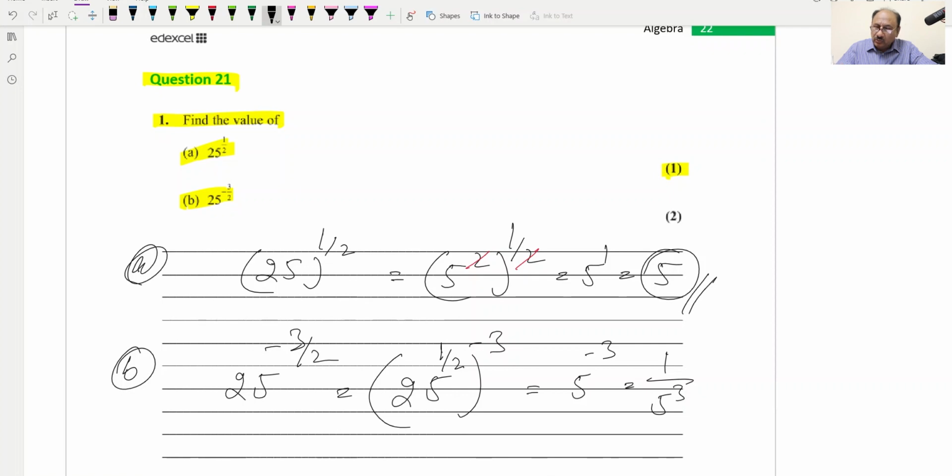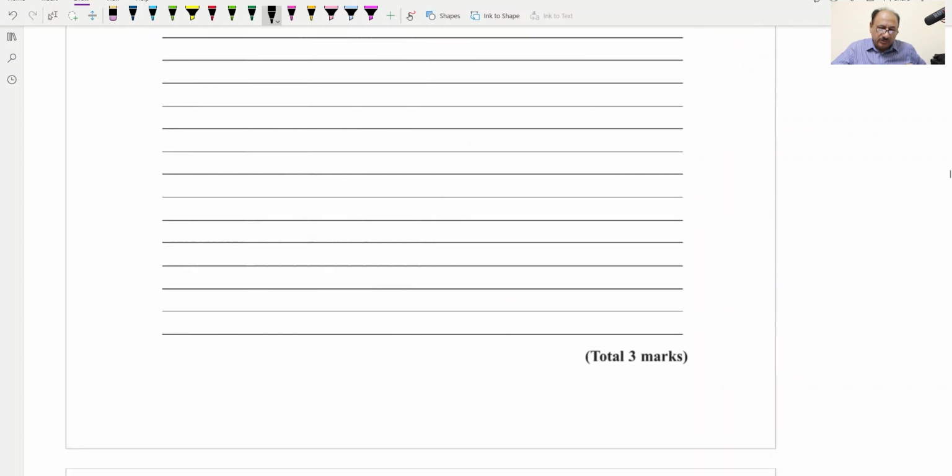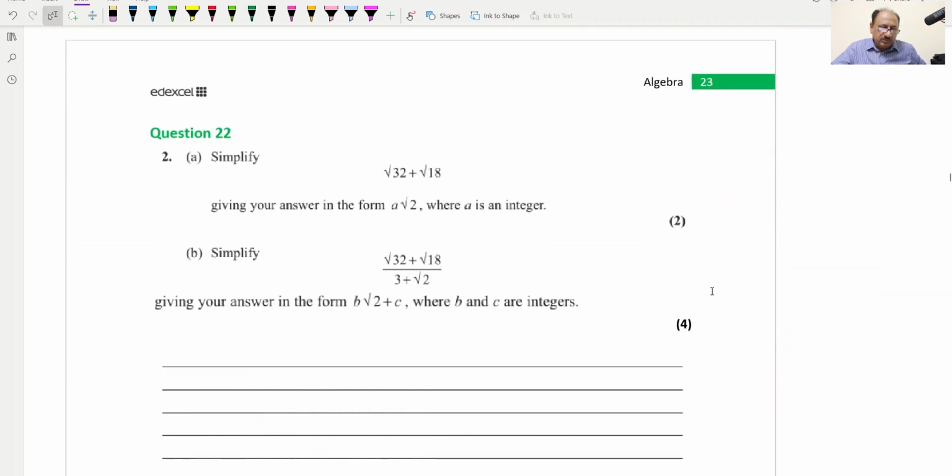So this will be equal to 1 over 125. This will be our final answer for this part, which is 1 over 125. This is a 2 marks part which we have done. Hopefully you understood this. Now we can move to question number 22 of this topic wise sequence, and